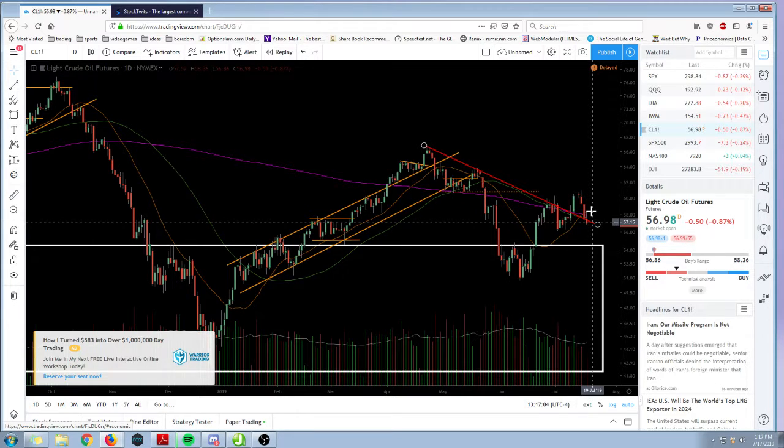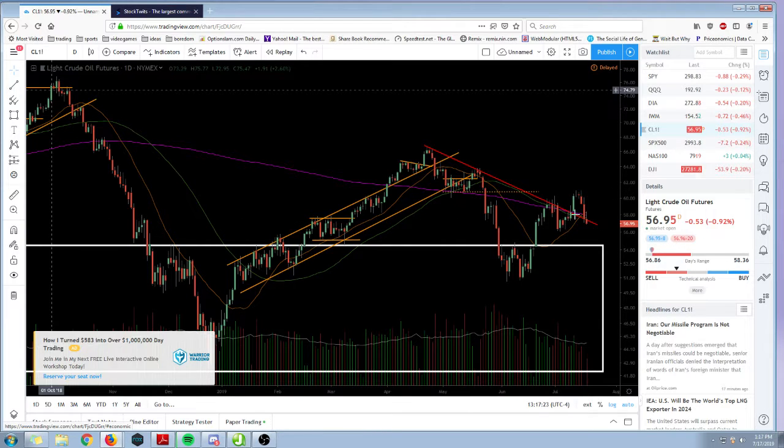It actually broke below all those key moving averages. But if it were able to get back above it, I think that would be an okay long signal. If it doesn't, then we need to wait. It might make its way all the way back to 54 before it finds support. And as you can see, it is losing